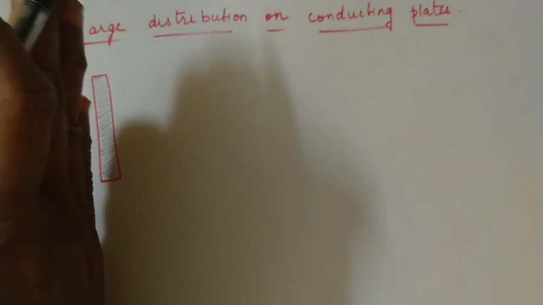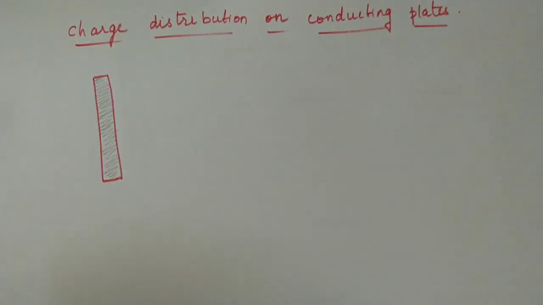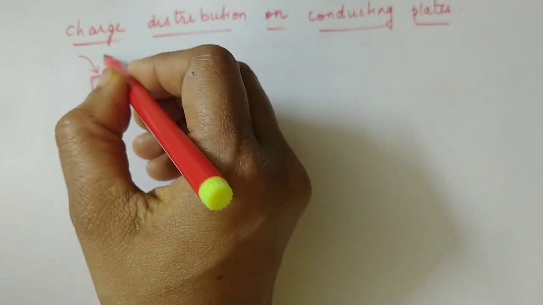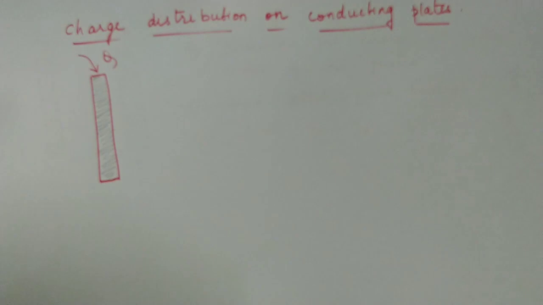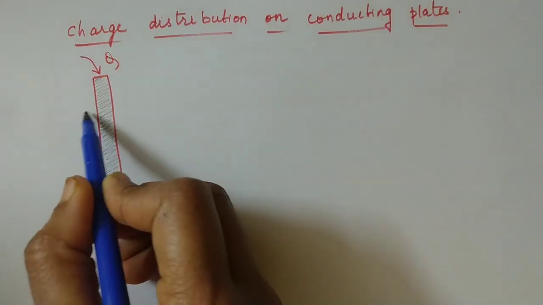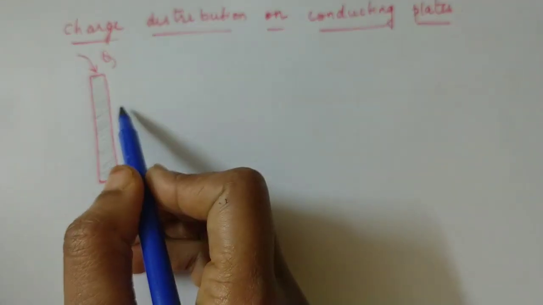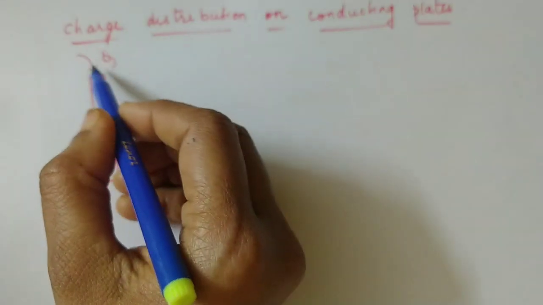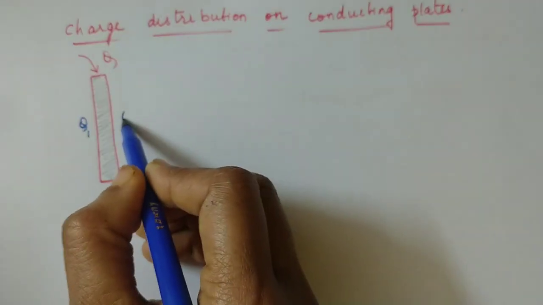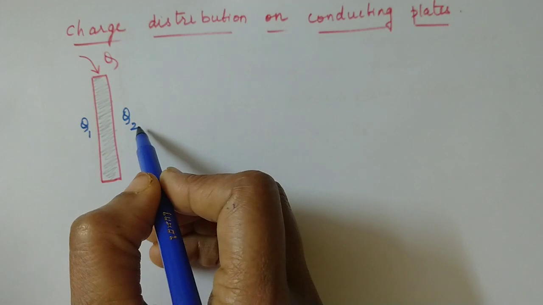The surface is perpendicular to the plane of the paper, and to this you are going to give a charge Q. Say a charge capital Q is given. And here the question is, how is the charge distributed on the plate? That means how much will be the charge on the left and right side. So for that, since you have given a charge Q, let the charge on this side be Q1 and on the other side I am writing it as Q2.